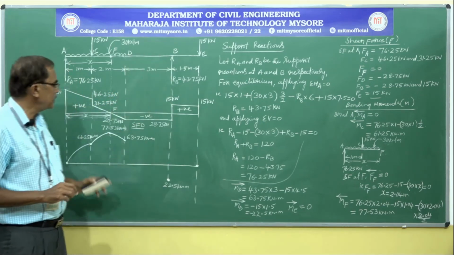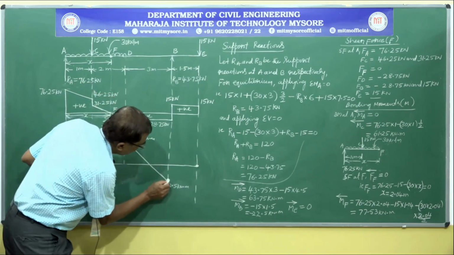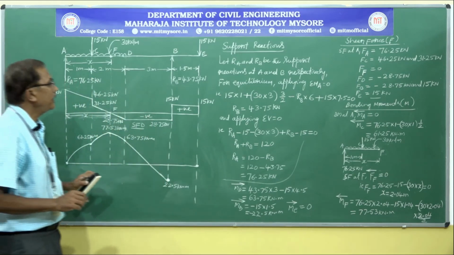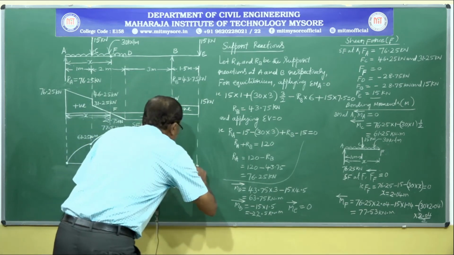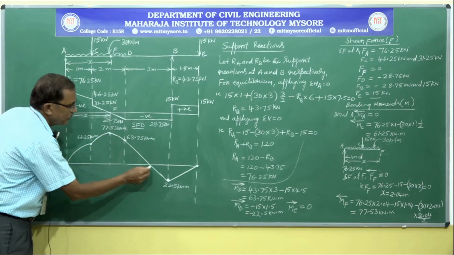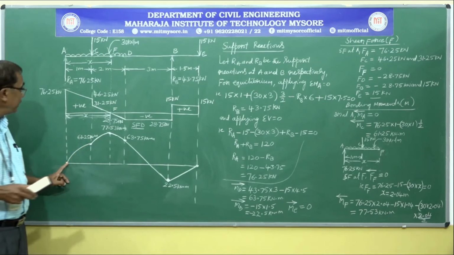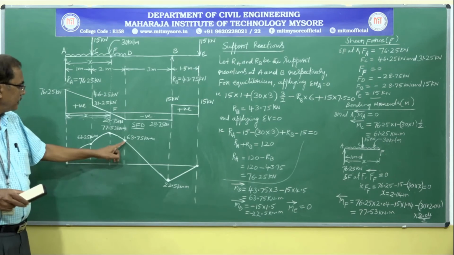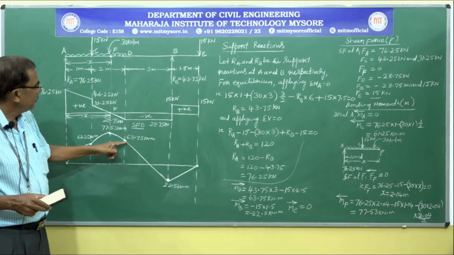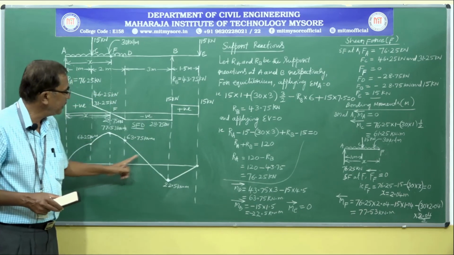Between D and B there is no load, so the diagram is a linear line. Between B and E there is no load, so the diagram is a linear line. We can see here the bending moment diagram varies parabolically between A and D. Then when it moves in a linear line in a single degree condition, it forcibly crosses the reference line at an unknown point between D and B.